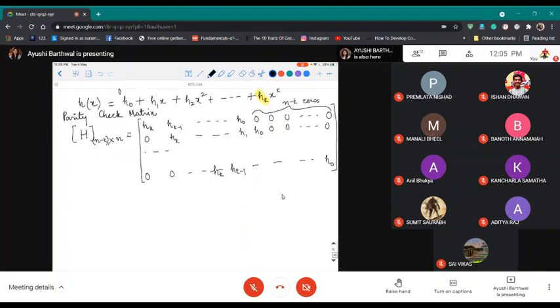Again, this parity check matrix will be in a non-systematic form. The non-systematic H matrix will be obtained. You have to reduce it to systematic form